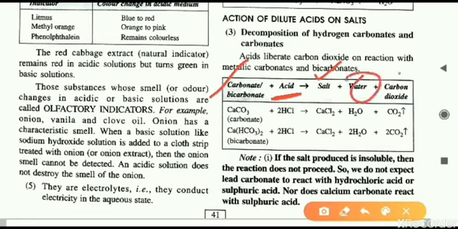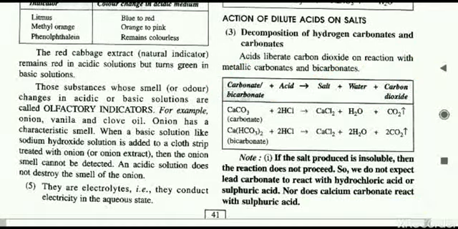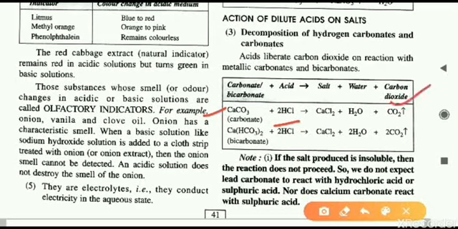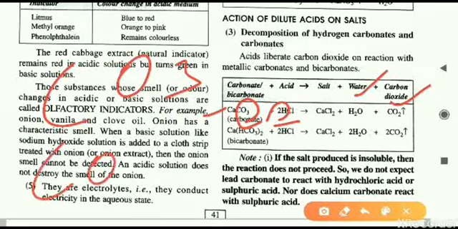So now let us learn the reaction. Carbonate reacts with acid, what will we get? Surely we will get water, surely we will get carbon dioxide. These two things will form 100%. The third thing that will form is a salt. That will depend on what kind of acid we are using. Now here, for example, CaCO3 we have used with HCl. So now CO2 will form. Where will CO2 come from? It will come from CO3. From here CO2 will be produced. One oxygen is still left, that will combine with hydrogen of the acid and we will get water.